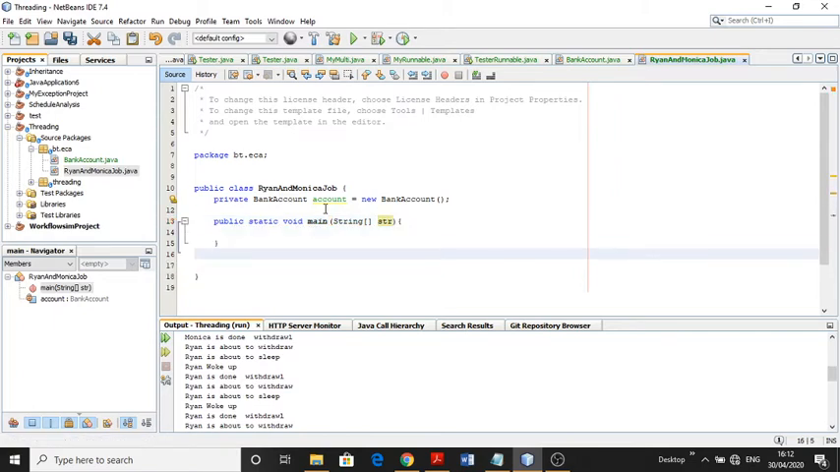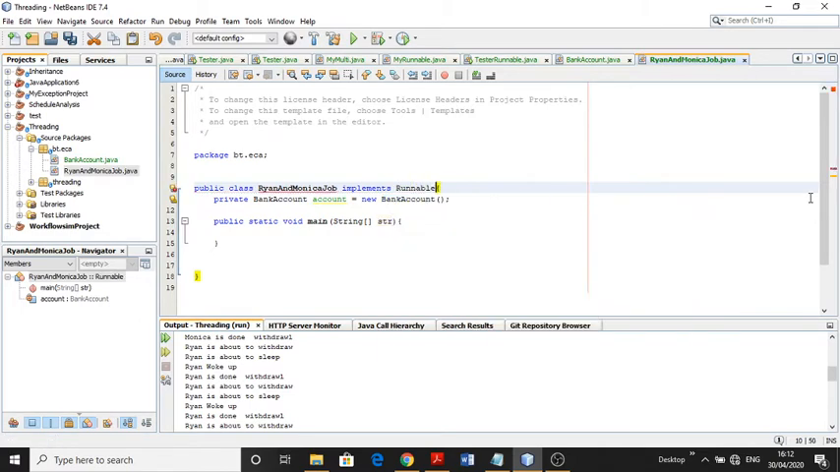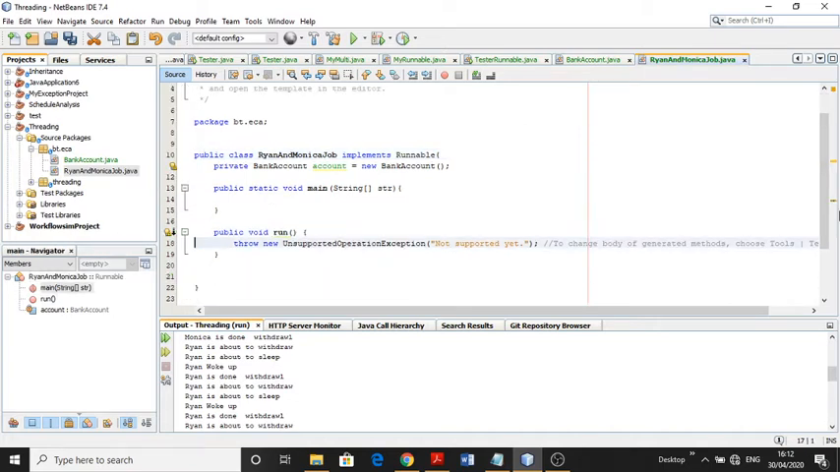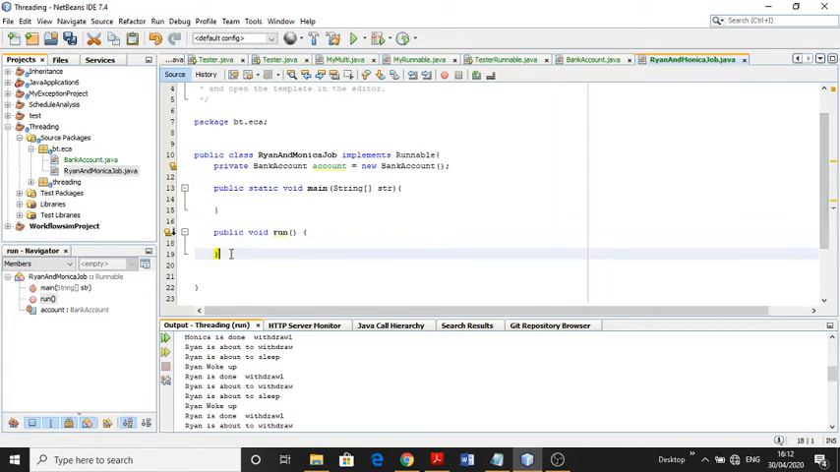Another thing is this is also a thread, so it implements Runnable. If this implements Runnable, then we must implement a run method. So we need two methods: one is the main method, another is the run method, and third is we create a